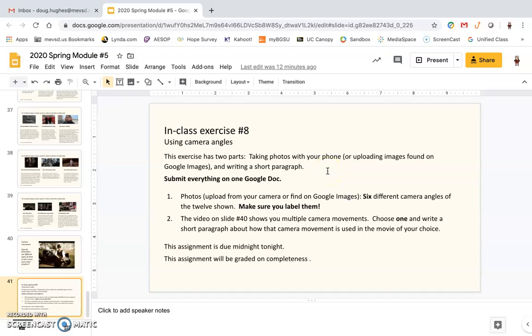I know some of you had some issues uploading it to a Google Doc, so if you are having issues, what you could do is upload some Google images that show the same thing. So the first part is going to be taking pictures or uploading pictures of 6 different camera angles of the 12 shown. Make sure you label them. Some of you last time didn't label the pictures that you took, so make sure you do that. If Google Slides works better for you, you could do that. You don't have to do a Google Doc, but as long as it's on the same document or the same